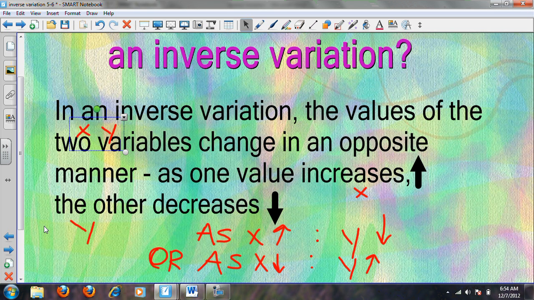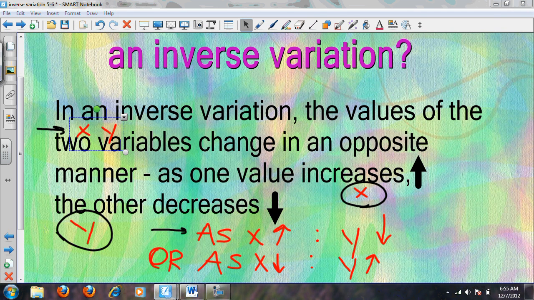In an inverse variation, the values of two variables, which are X and Y, change in an opposite manner. As one value, X, increases, the other value, Y, decreases. Okay, that's the mathematical term. Basically, we're saying as X increases, Y will decrease, or as X decreases, Y will increase. As you write that down,